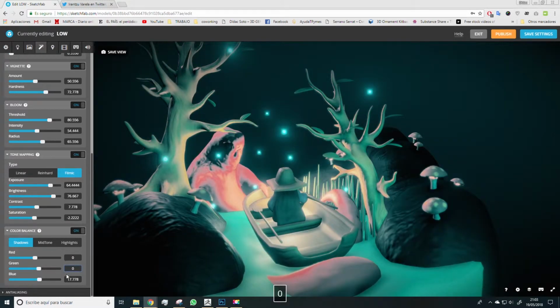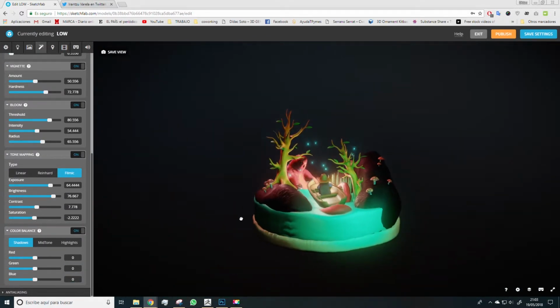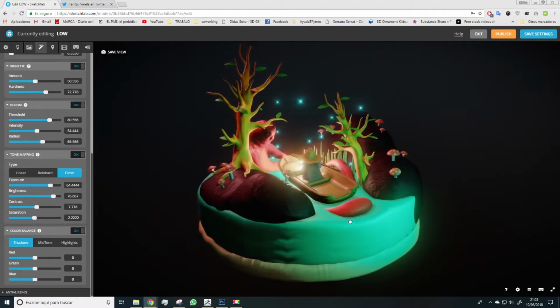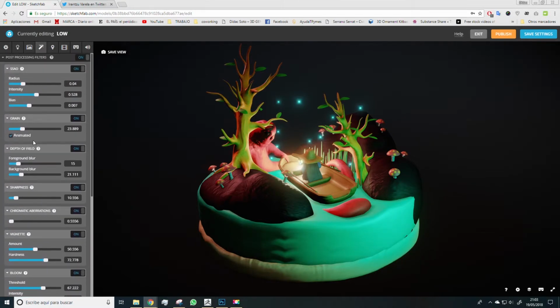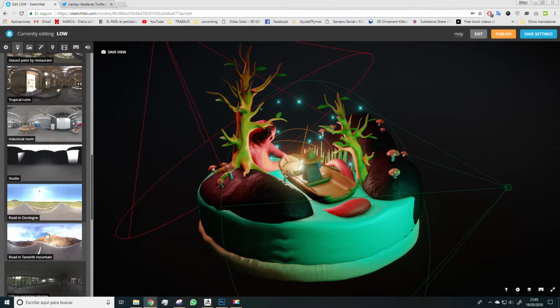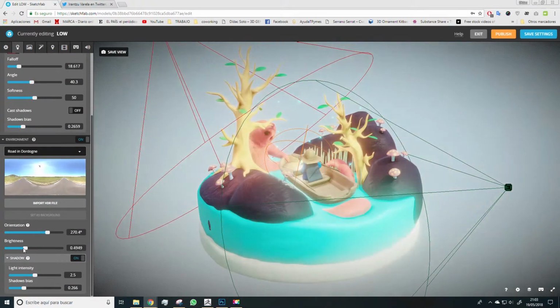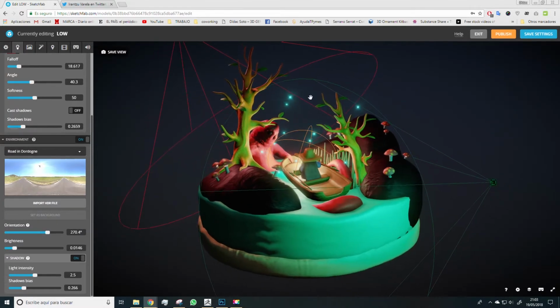Let's reset this. And let's leave it like that. We can turn down the bloom level, maybe. And finally, we can switch to the Lighting tab and try out other environments, okay? Remember to lower the brightness, very important, so it doesn't result in a scene with too much light. And finally, we